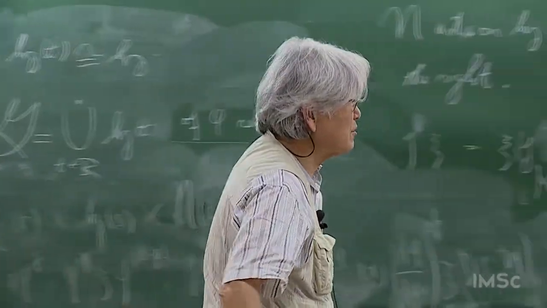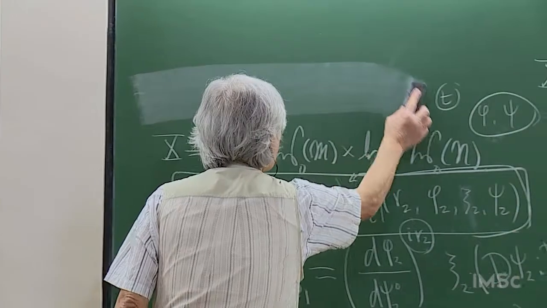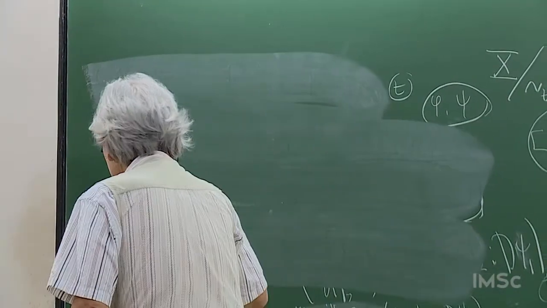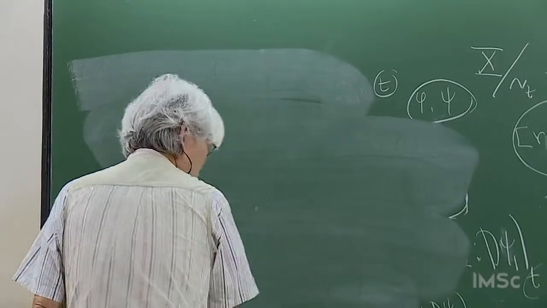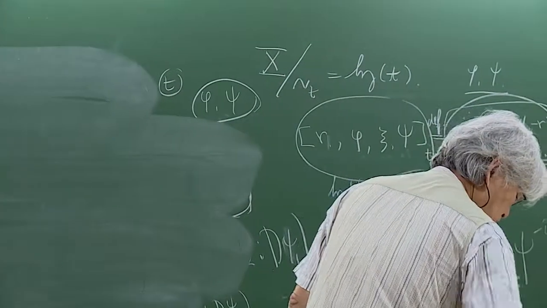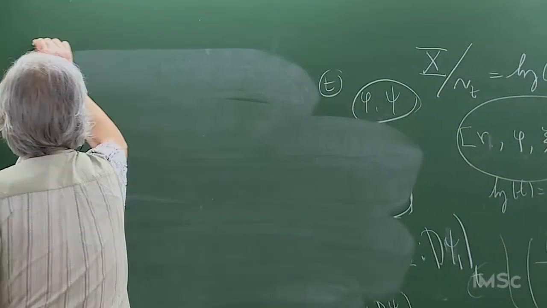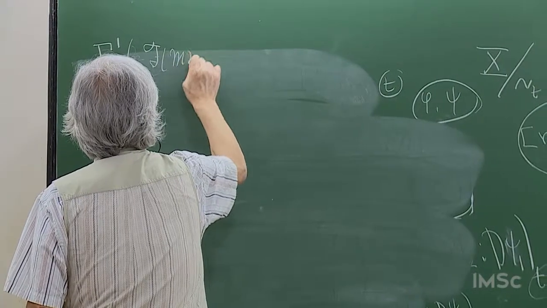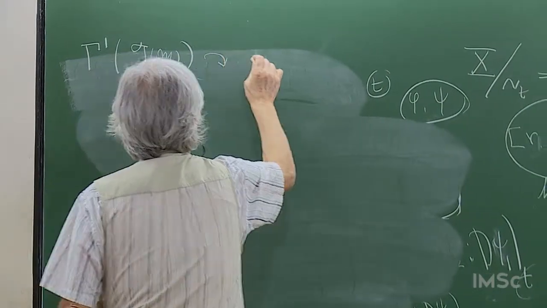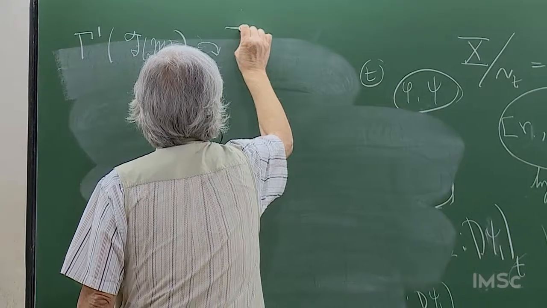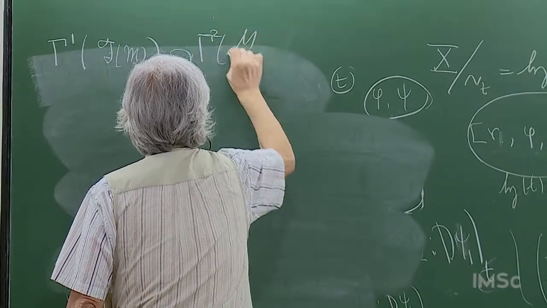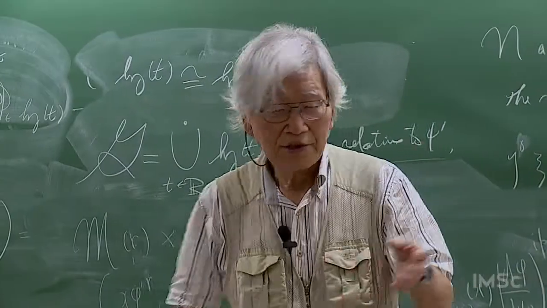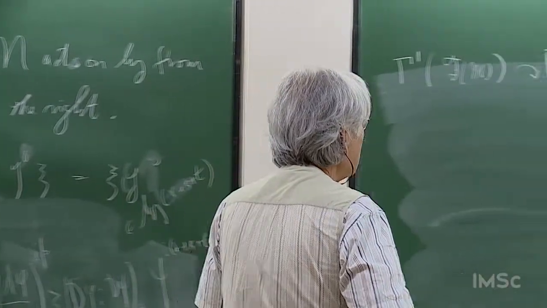So you can then make the action of gamma 1 of F of M act on gamma 2 of this square integrable cross section. Okay, this is the scale, the Hilbert space